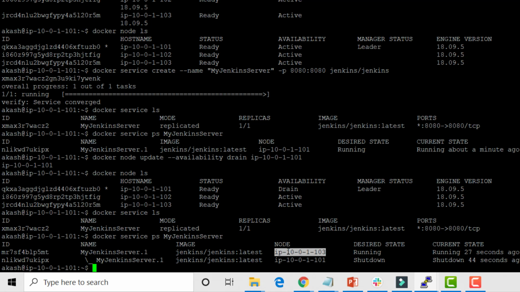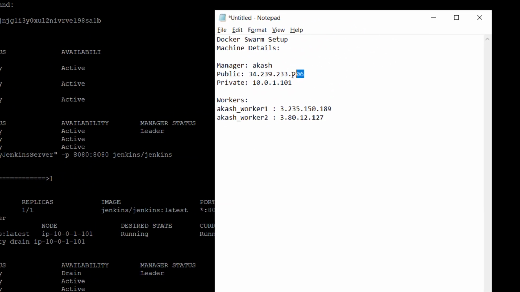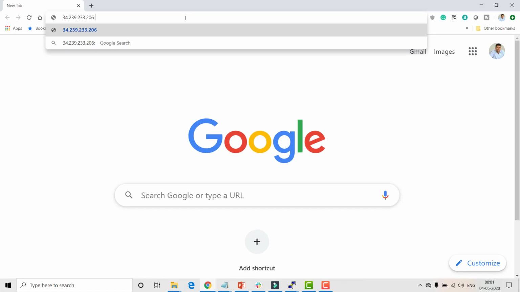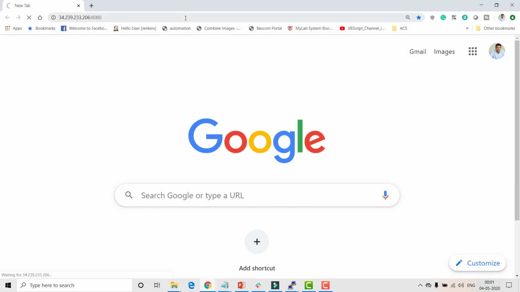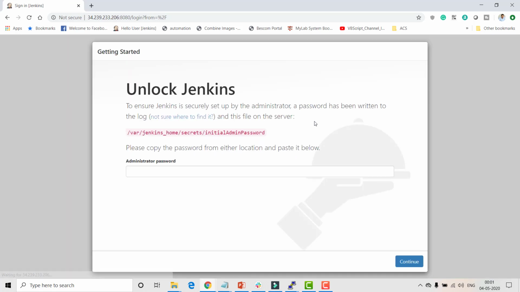So how are you going to access your Jenkins, using which IP? The answer is very simple: you're going to use the master IP. If you just provide this IP over here, you can see that your Jenkins is accessible. There are certain configurations left for Jenkins, which I'm not going to show here. If you want to know more about how to install Jenkins, you can click on this I button and see that particular video.